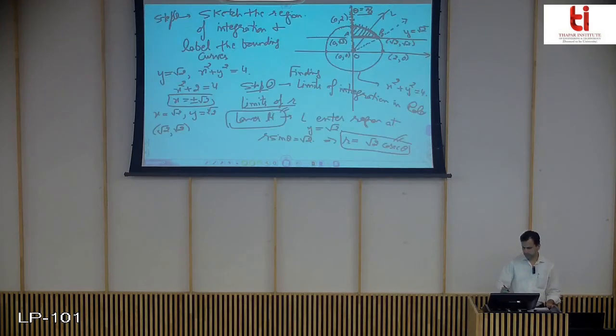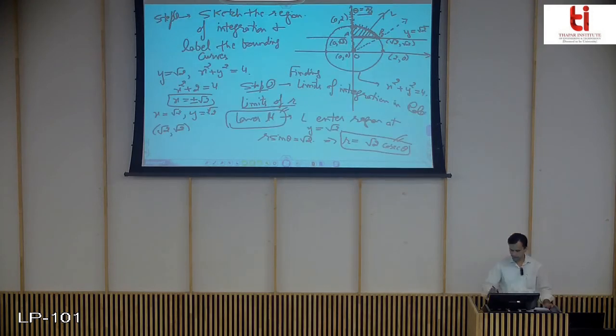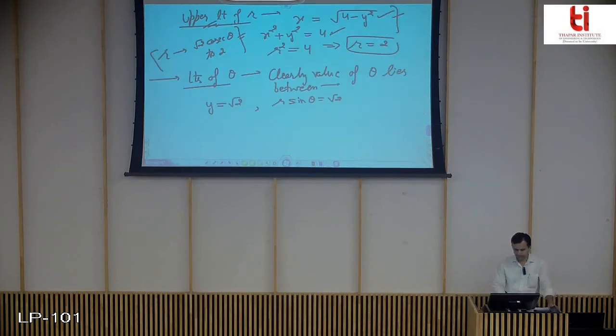See, so for this dotted array theta, since we have this point it is going through, your y is equal to root 2. That is, r sin theta is equal to root 2. Since this dotted line is going through the point B, and at point B we have y equal to root 2, r sin theta is root 2.